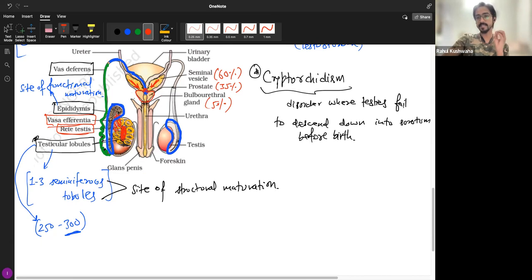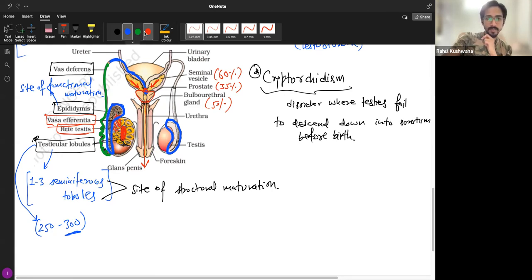Then everything, the semen plus the sperms, reaches the urethra and comes out through the urethral opening. The opening is also called the meatus, urethral meatus or opening, but just don't worry about that. These are more medical terms. Once you go into medical school, you will be studying a lot about it. I hope you both go to a good medical grad school. Okay, cool. So that's all about it. Any doubt?